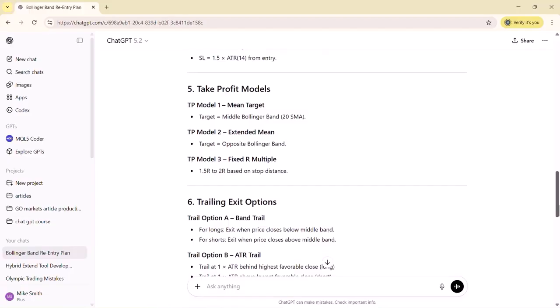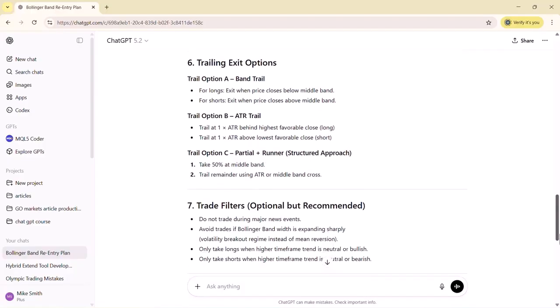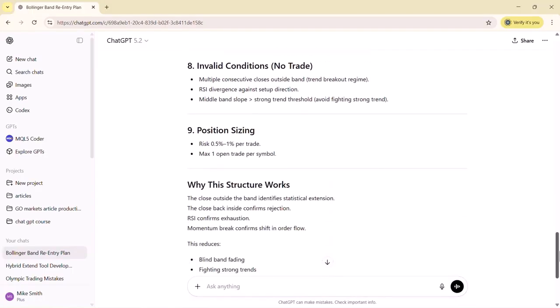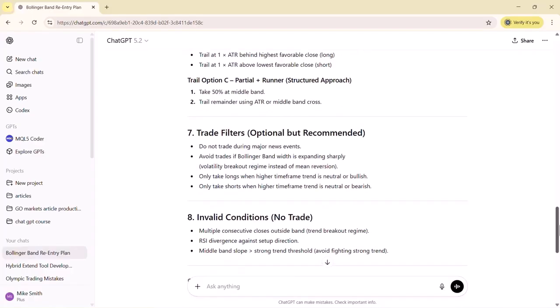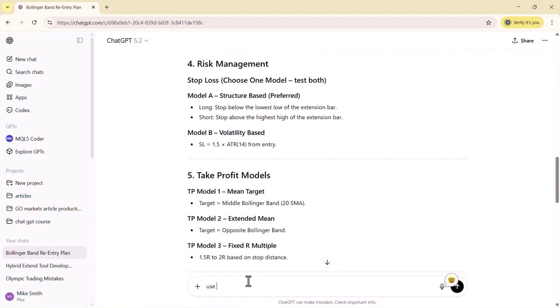And then we've got 3 potential take profit models that we can choose from, and our trailing exit strategies, which would be the band trail, an ATR trail, and a partial close, taking 50% at the middle band. And then it's given us some additional trade filters, which we can pop into our trading plan. So what we do now is we look at this and say, right, we'll choose. So we look through and we're going to use Model A